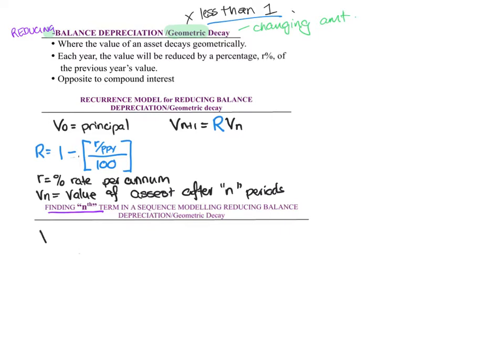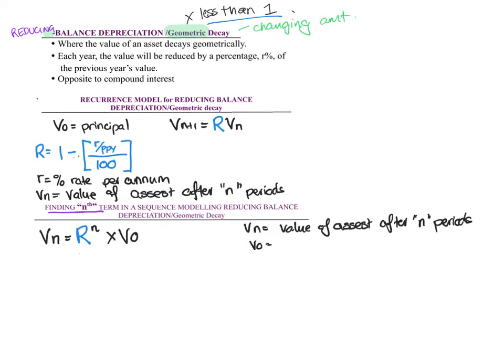And for the nth term, we're going to have Vn equals, you'll use your R, whatever that's calculated to be, to the power of N, times V0. Okay, so Vn equals the value of the asset after N periods. V0 is the initial amount,